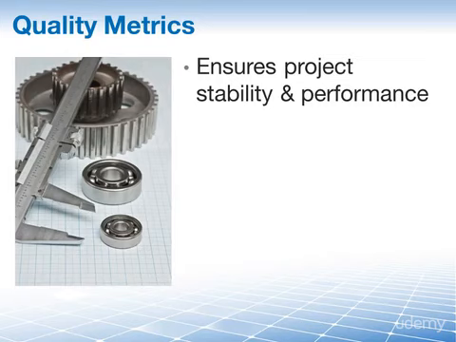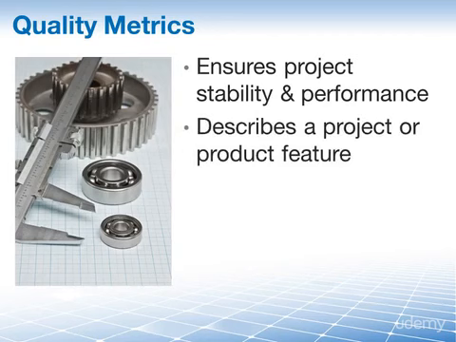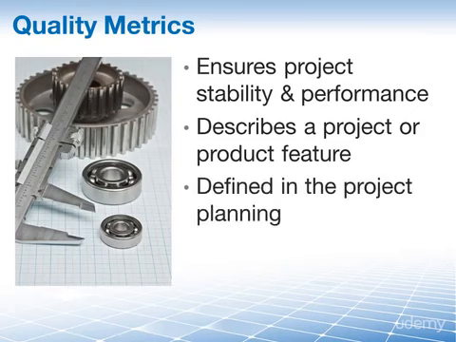So, what is quality metrics, or what are quality metrics? Well, a quality metric particularly describes a project or product feature and how the control quality processes will measure it. The result, a measurement, is an actual value with a tolerance that defines the acceptable variations to the metric. Quality metrics are defined in the planning phase of the project and then measured throughout the project's life to track